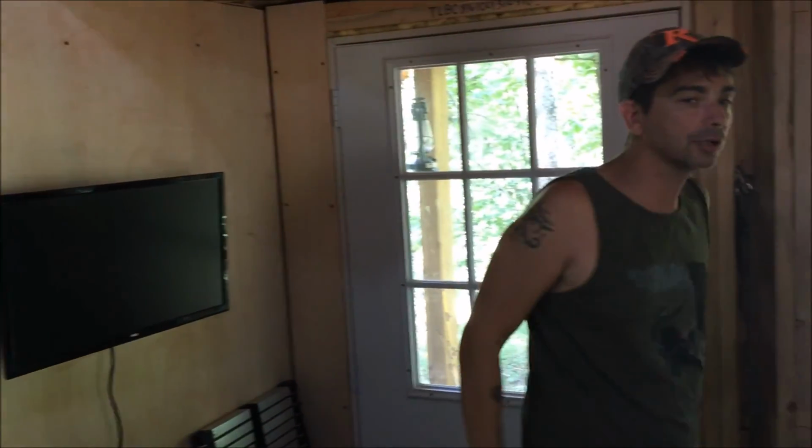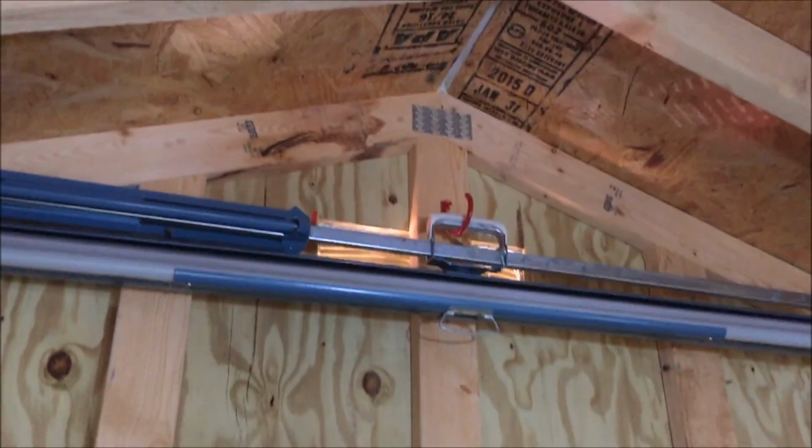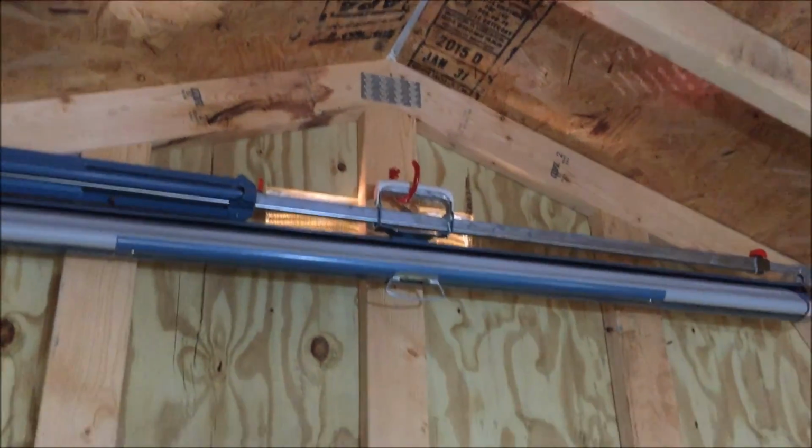Because you can feel major cabin pressure as is just by opening and closing a door or opening and closing a window. And right now we have 2 3x9 vents that stay open all the time in the lofts. But eventually one of those is going to be cut out and put a window, and the other one will be...